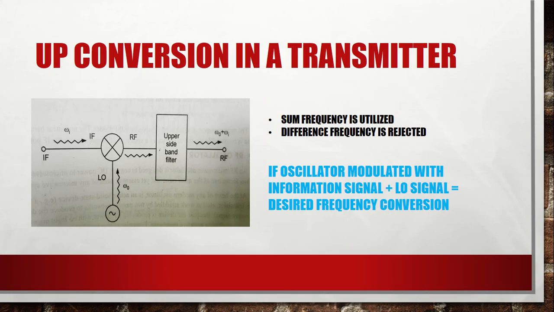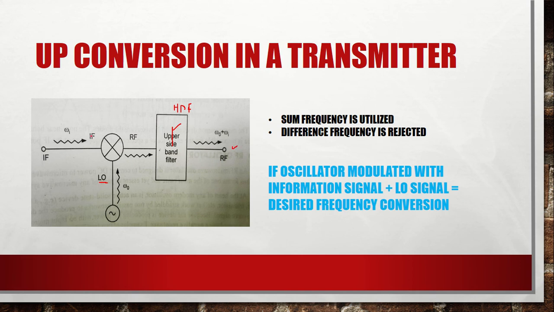Now we can perform both up conversion and down conversion in a mixer. To perform up conversion, I am taking some frequency, and I'm using a local oscillator. So this will be set in such a way that the higher frequency band will be selected by the upper sideband filter. So this is usually a high pass filter with a higher frequency selected and the lower frequencies are rejected. So this is how a higher frequency value is obtained at your RF port, or the output port.